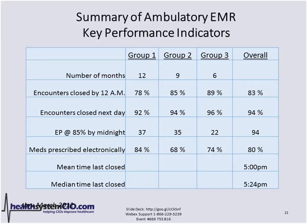And people broad brush those conclusions. But we were actually keeping score. We can keep score of when a specific provider closes their last record of the day. And our mean time to last close was 5 p.m. So that tells a story when it allows you to kind of get away from the broad brush, everybody's working till midnight and this is ridiculous, to, well, wait a minute, let's look at the facts. The facts are, okay, the mean time is at 5 p.m. Now, some people were closing much earlier than that, and some people did work till 10:30, 11:30, midnight, and that